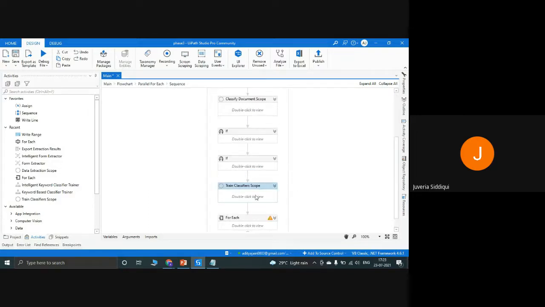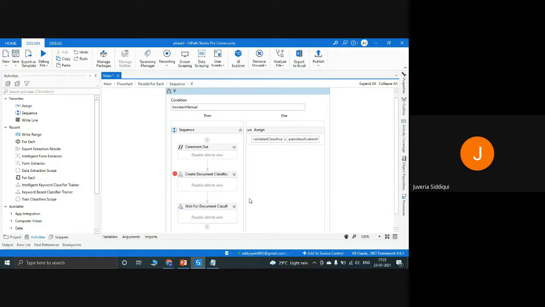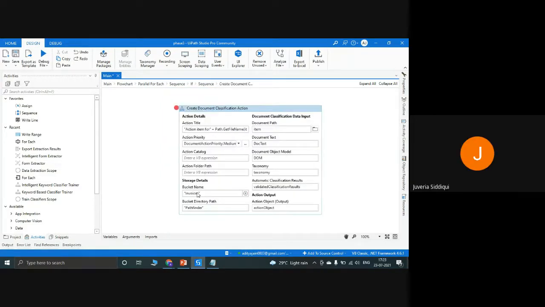In the second if, check the second if. Yes, this is your create and this is your wait. So somewhere here you're using your storage bucket. Maximize the activity. Yes, your invoices. Remove your bucket directory path. Keep it as default.